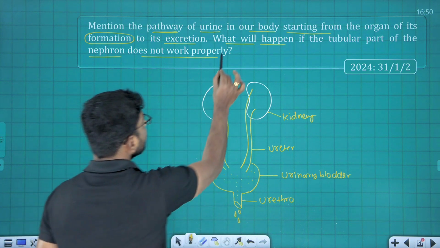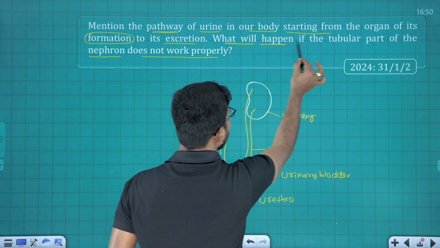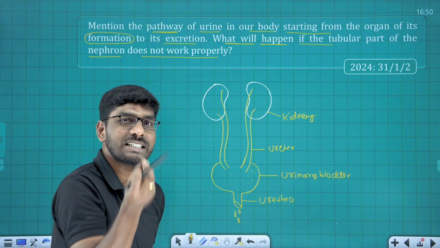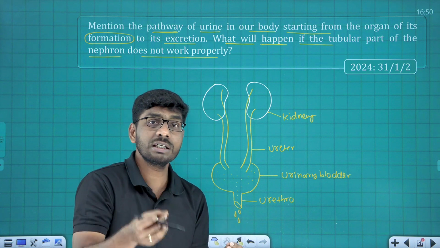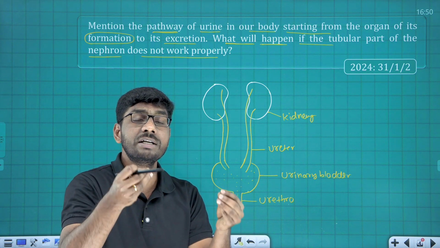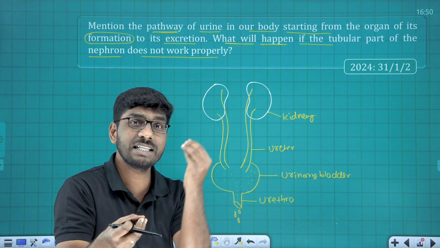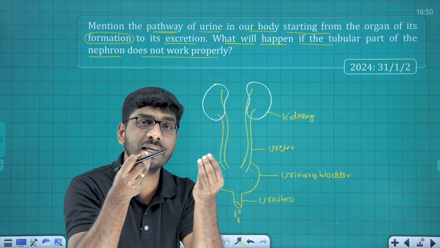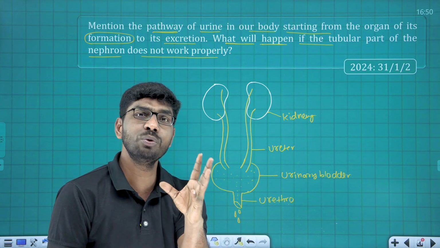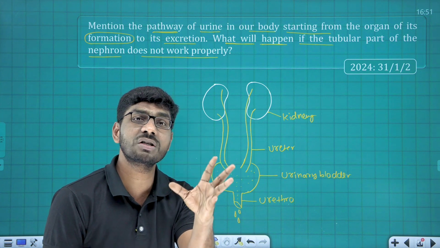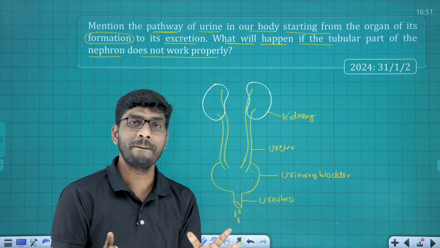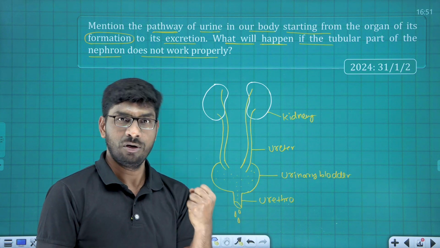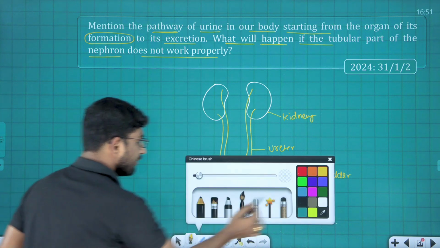What is given? What will happen if the tubular part of nephron does not work? What exactly is this nephron? Nephron is a filtration unit. It is the small coiled tube-like structure in the kidney which actually forms urine. That's why we call it the structural and functional unit of kidney. Filtrating unit is what? Nephron. Okay, good. Look at here. Each and every nephron consists of